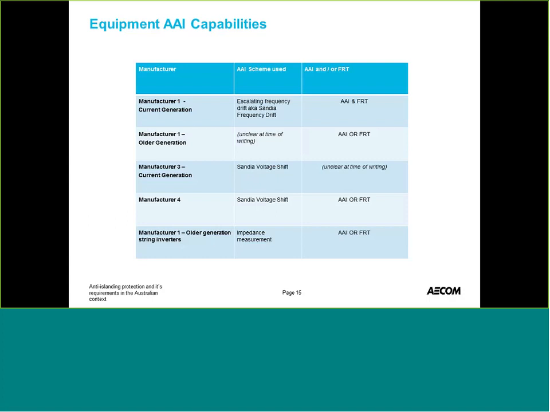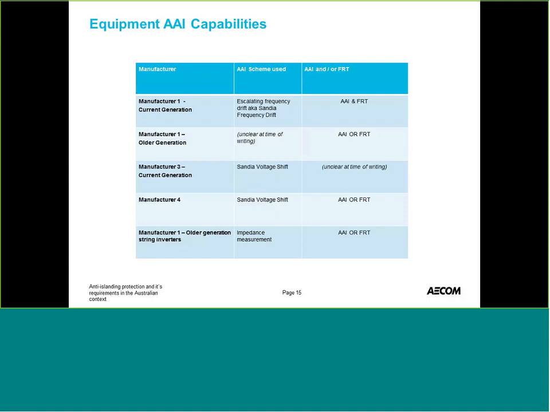inverters. One thing we've also found is that depending on the type of scheme, they can either do active anti-islanding or fault ride-through capability, but not both in some cases. Some inverters can, some can't. So that's an important aspect to consider if you've got an inverter that can only do one but not the other, just knowing what the importance is. But ideally, they can do both, and you can choose to have either functionality switched on or off.